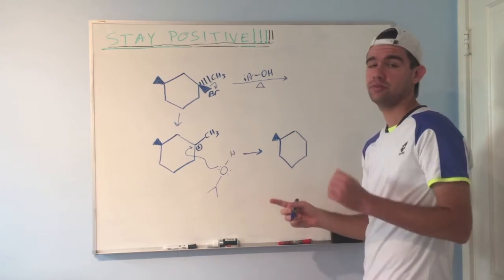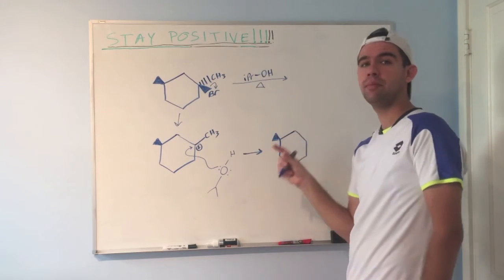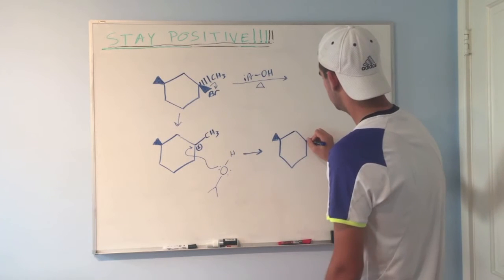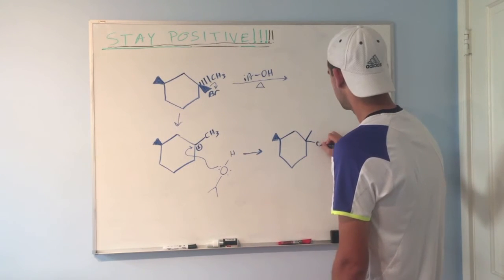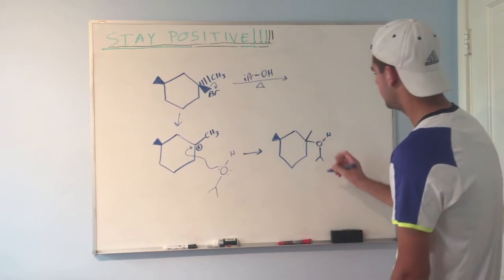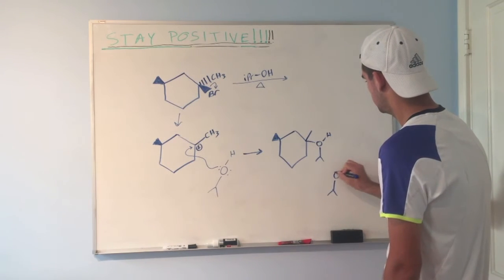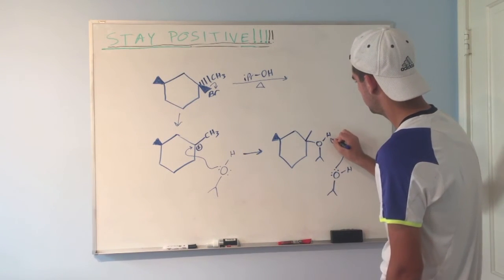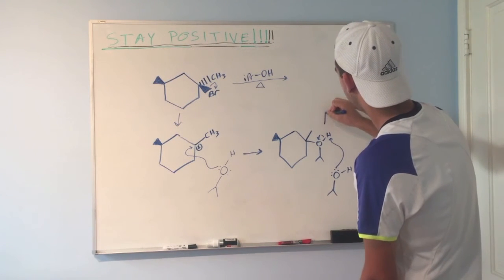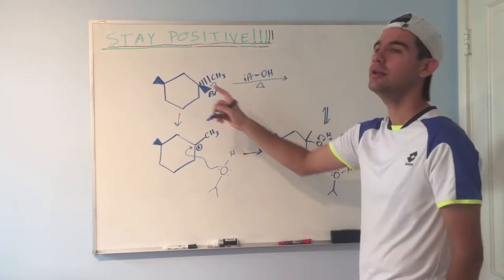I'm going to include it in the end because remember, we have a racemic mixture with SN1. We're going to have some that are inverted and some that are retained. So I'm just going to draw that at the very end. For now, I'm just going to keep it 2 sticks. Okay. We need to deprotonate. So we'll get another isopropyl alcohol to do that for us. Here we go. Take that hydrogen, electrons go there. So now we have to, double arrows, we have to take account the fact that this is SN1 and there's